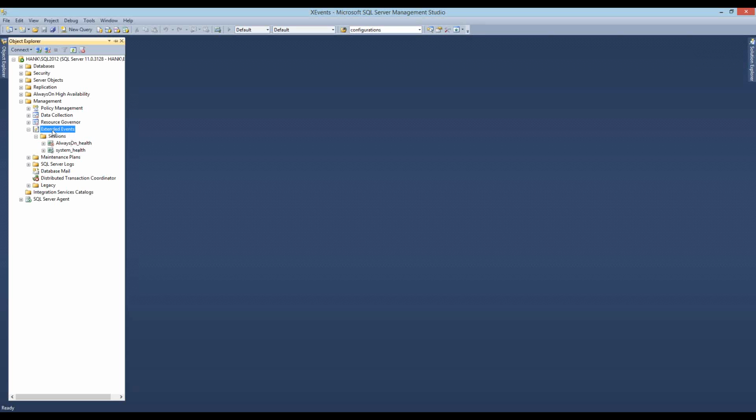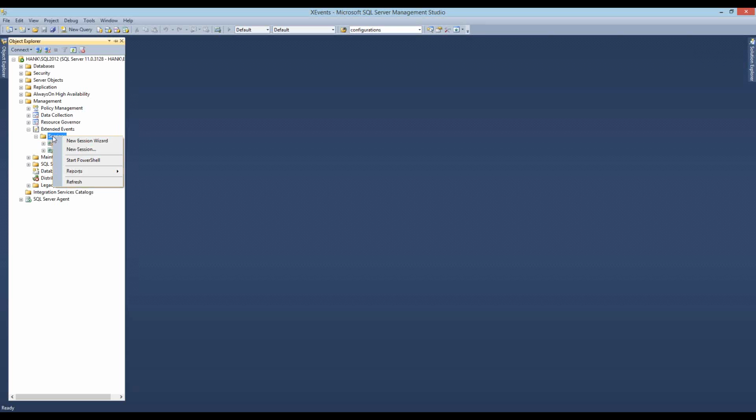You will not. You would need the add-in to do that. So the native UI, which comes with SQL Server 2012, cannot be used with an older version. It's only for 2012.